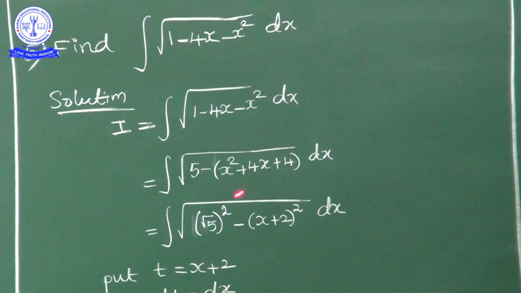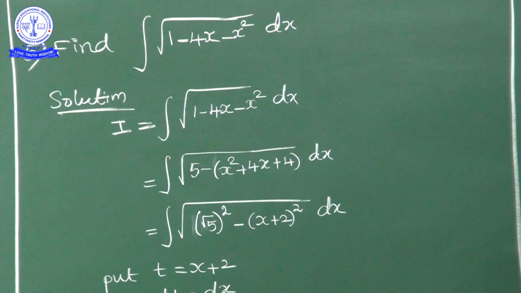So I is equal to integral square root of (root 5) whole square minus (x plus 2) whole square dx. Okay, but here x plus 2, I will substitute x plus 2 by t. Put x plus 2 is equal to t, dx is equal to dt. So this I reduces to I is equal to integral square root of (root 5) whole square minus t square